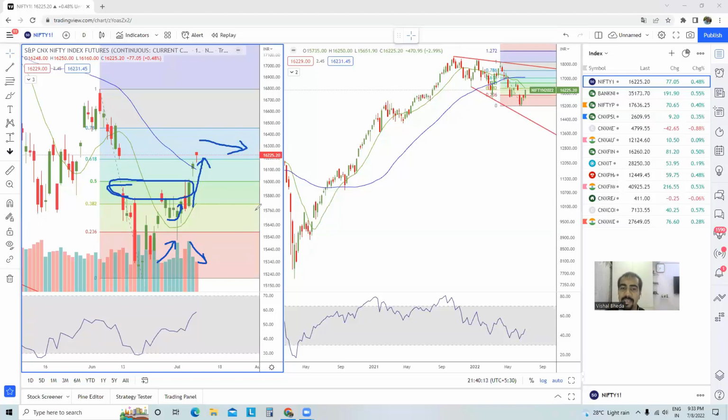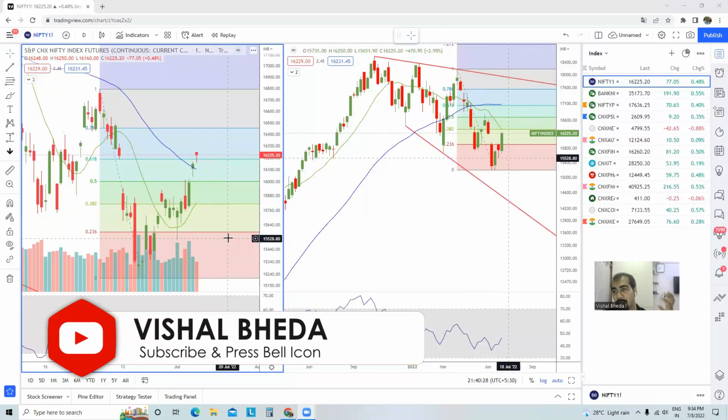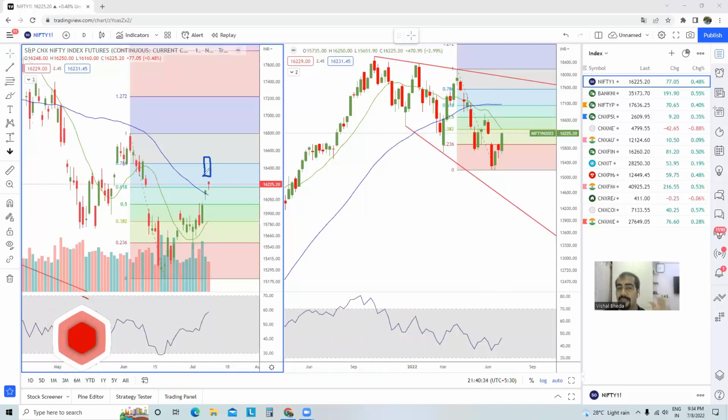And there is a possibility that if prices sustain the level which I gave over here in the weekly time frame chart, 16,350, if this is surpassed somehow on a weekly basis, we may see even higher levels. But again, guys, understand one thing. You might feel that even if there is a very big candle over here, do not forget it will be just a pullback, because yes, in the daily time frame charts,